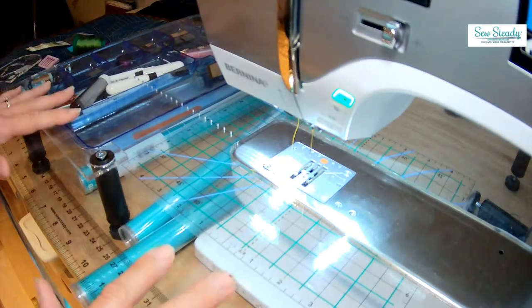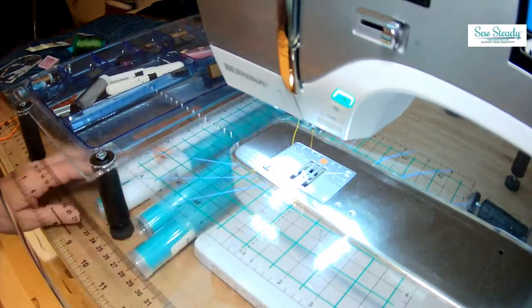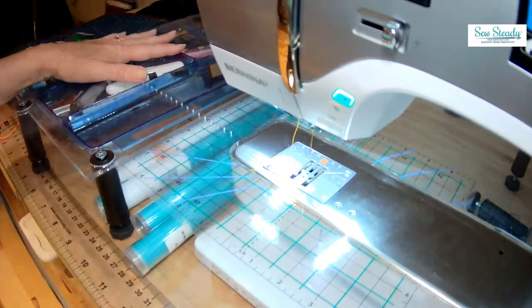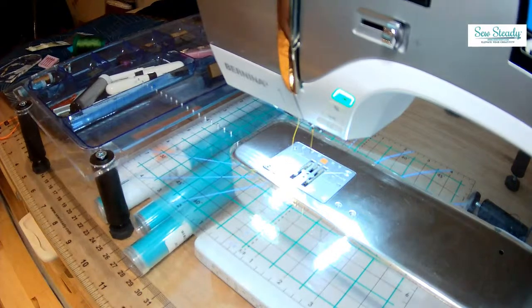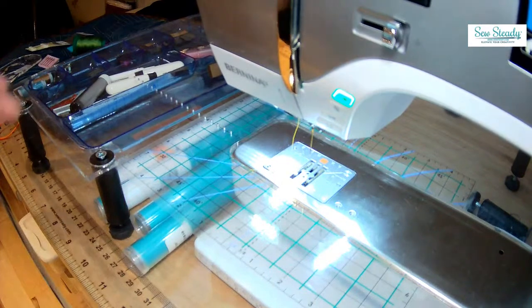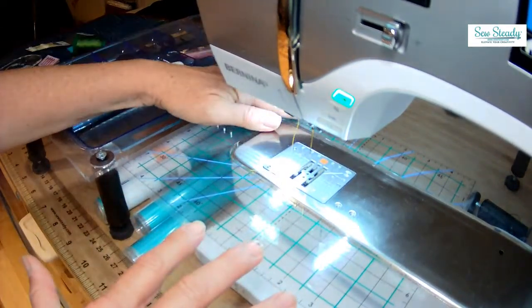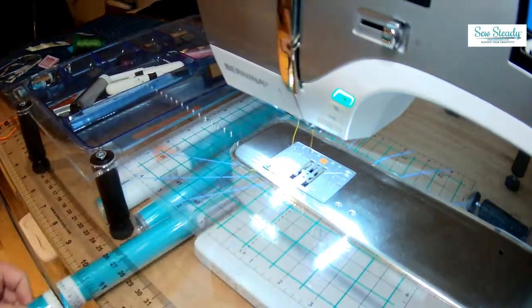And then with my table, I also have all of this extra storage space underneath here. So it increases my storage space, and I can keep things handy underneath here as well. So you're going to want a flat workspace that allows you to support your work and to support your rulers, okay? The next thing that you will want